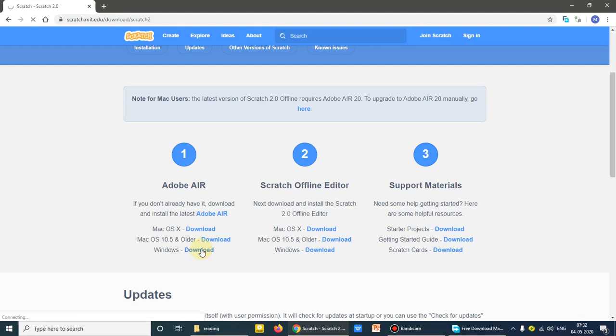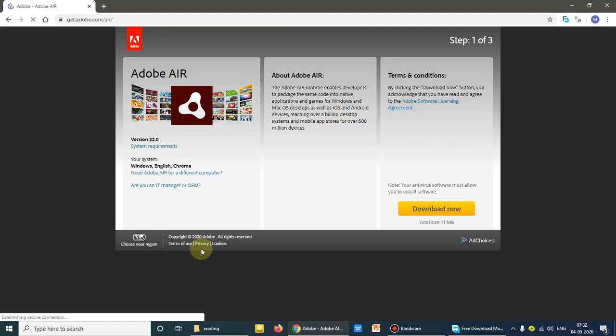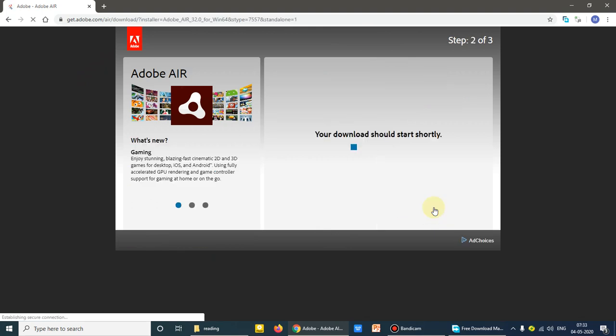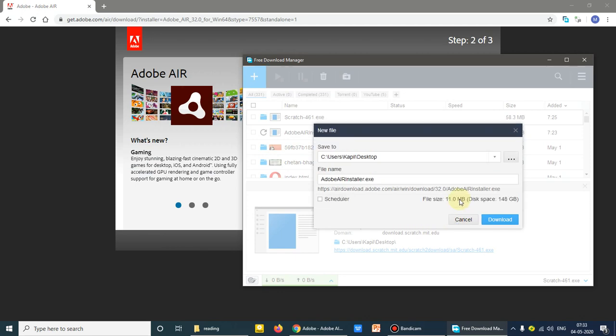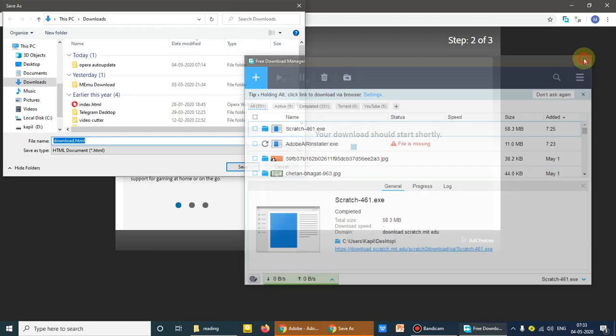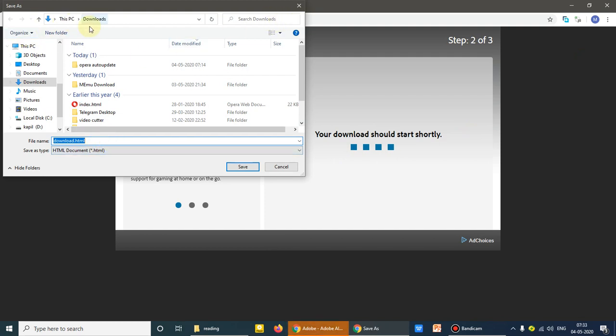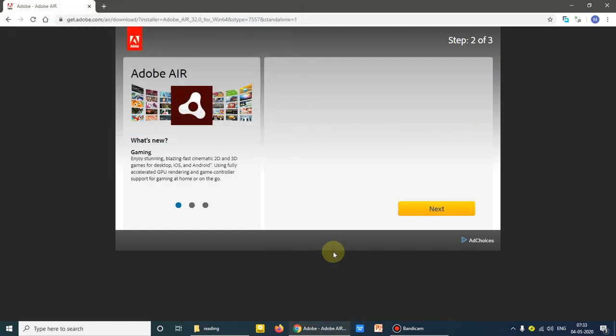So if I click on the download option, this screen comes in front of you. You have to click on download now. In my case, I have already downloaded it just to save time for my recording. So I'll not download it, but in your case, if you click on download now, your download will start. Okay. So I'll not do it. In your case, it will work in this way. Okay. So once it is downloaded, you have to see where it is downloaded.